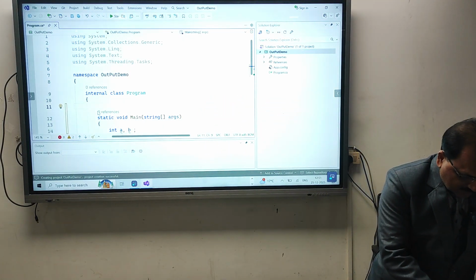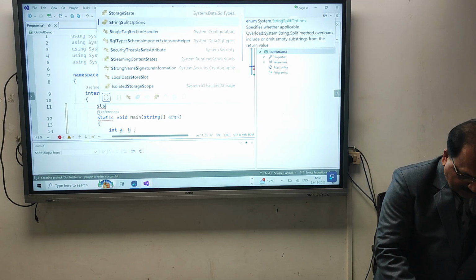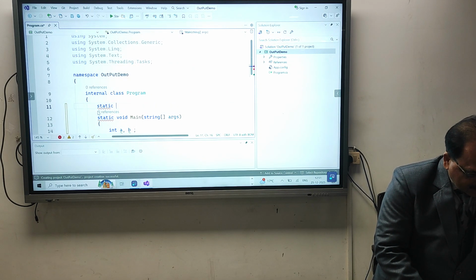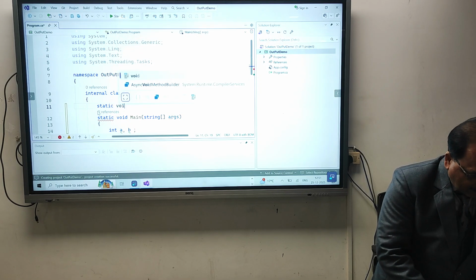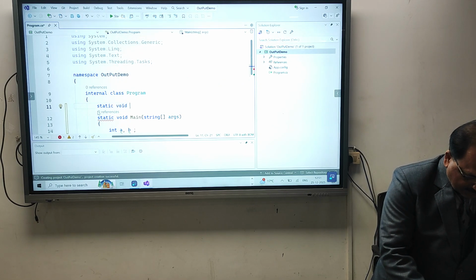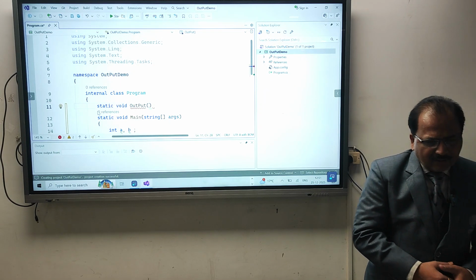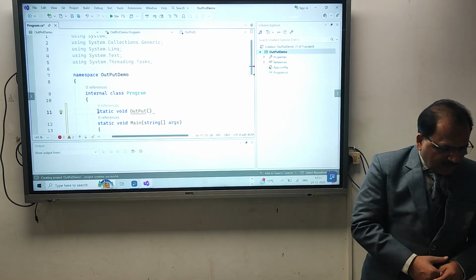So obviously static functions start with the static keyword, followed by the return data type, which could be void, and then a name for the method, let's say output. You can mention a user-friendly name here.